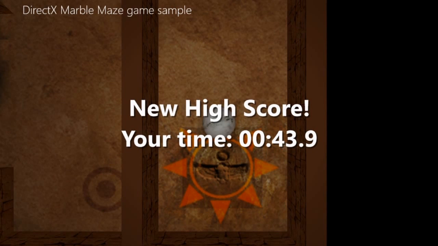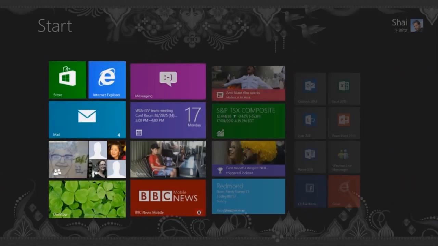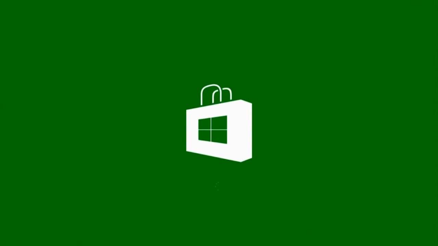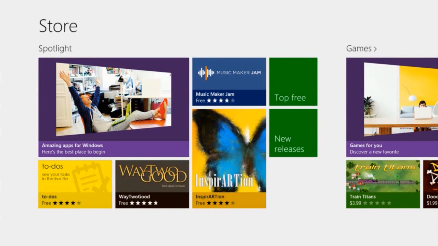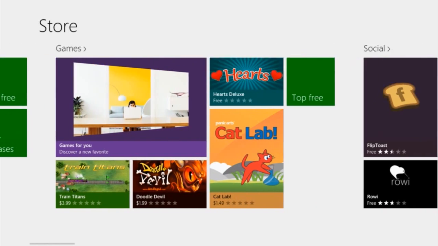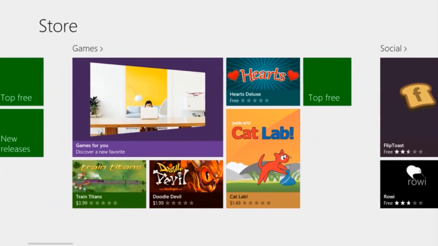So far, I've covered several features that I'm sure gamers will love in Windows 8. Let's now switch to why game development for Windows 8 is a game changer. Windows 8 provides the best opportunity to bring your app to the world with the Windows Store. We wanted to allow you to make money easily,